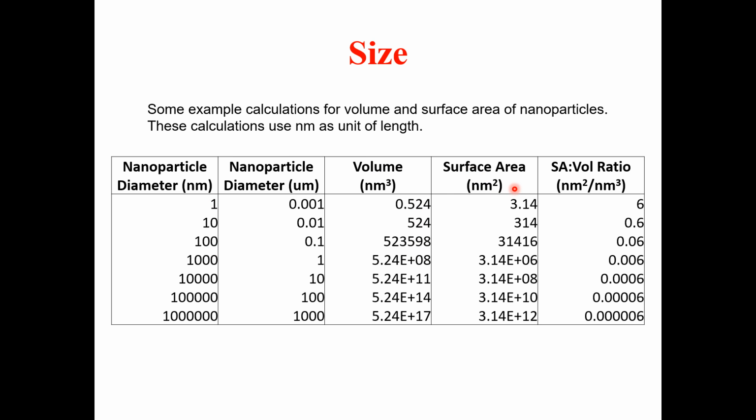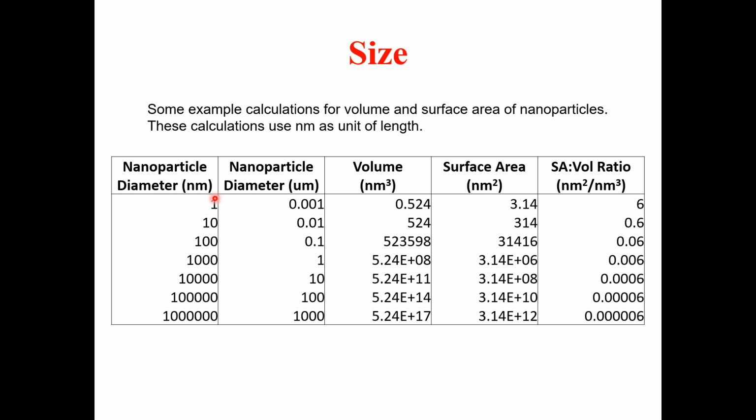You can see for yourself that as the particle size increases, the surface area also increases. Here we have surface area in nanometer squared, that is 3.14, and then this next number for surface area also increases. But if you compare this with the surface area to volume ratio,